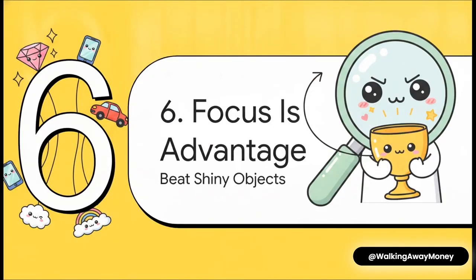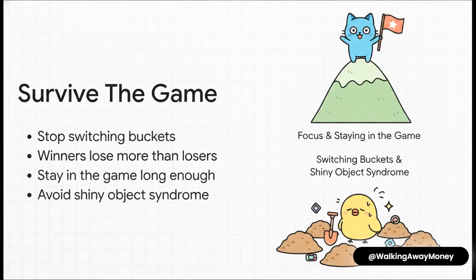Which brings us to part 6, beating shiny object syndrome. Focus is your ultimate advantage. Now that we've found the Holy Grail, there's really only one thing left that can totally sabotage your chances of success. Listen, resetting your strategy every single time things get a little tough is the absolute fastest way to fail. The internet is just packed with people jumping from clipping to websites to digital products over and over every month. By doing that, you guarantee that you're going to stay at the bottom of the learning curve forever.